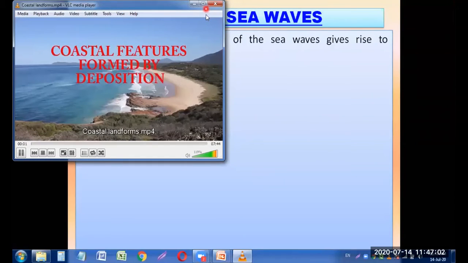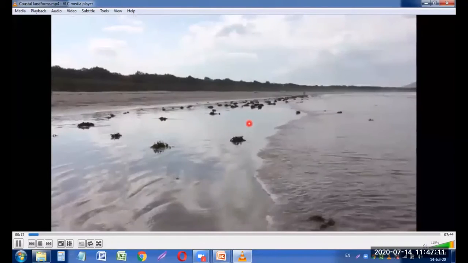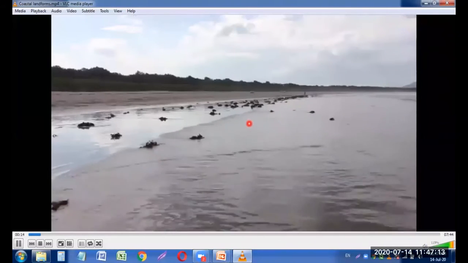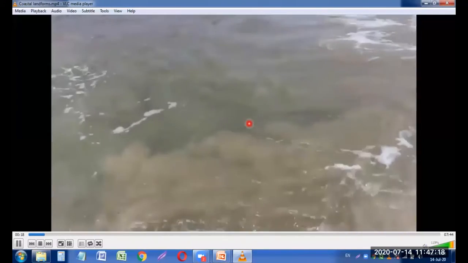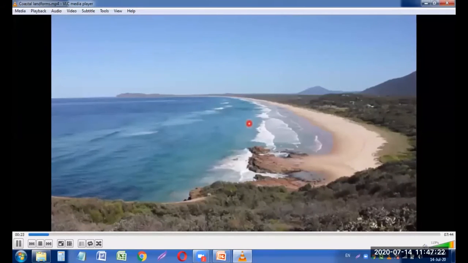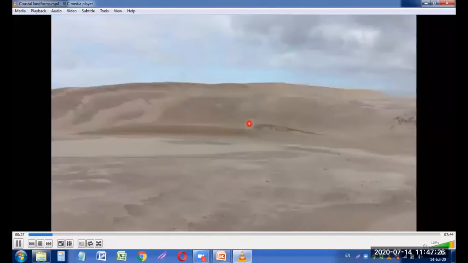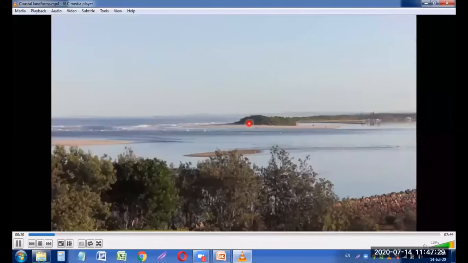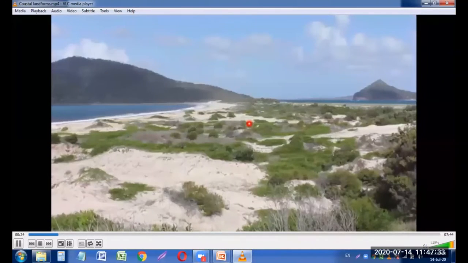Along the coastline, the waves, currents, wind, and any rivers entering the sea all work together to transport sediment. Whenever waves, rivers, and wind lose their energy, deposition occurs. That means any sediment being transported is dropped. Along coastlines, this can result in the formation of features such as beaches, dunes, spits, and tombolos.